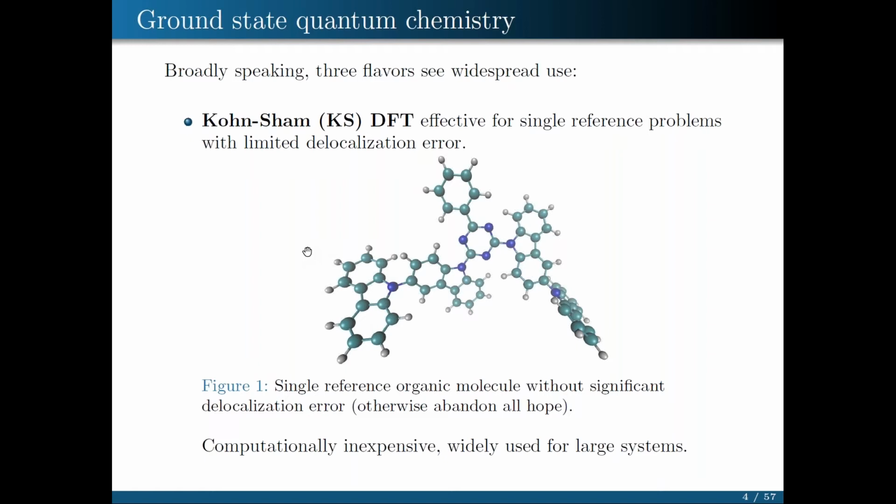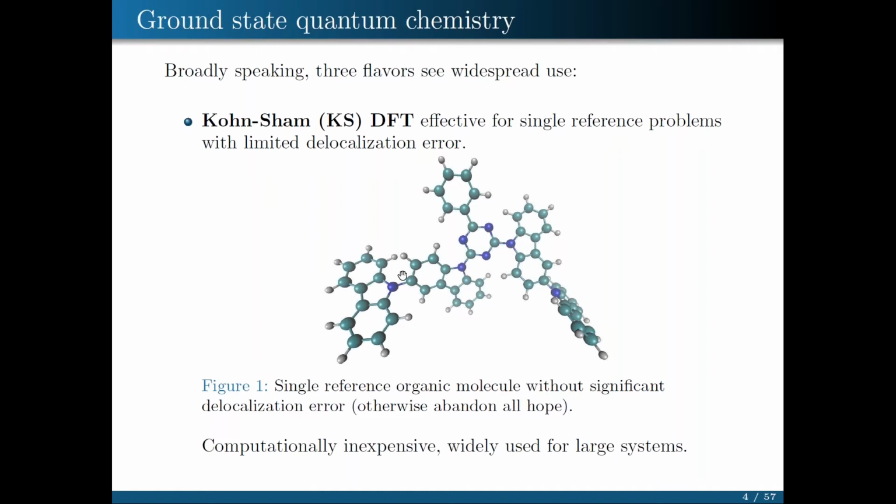structure method to date, and is incredibly effective in practice for single reference problems, which is to say for cases where the total wave function is dominated by one single Slater determinant. And if these single reference problems have low electron self-interaction or delocalization error, we can expect a modern Kohn Sham density functional to be pretty effective at computing the energy and ground state properties of this system. The great thing about KSDFT is that it's computationally inexpensive compared to the other methods that are widely used, and therefore can be used for pretty large systems, such as this big organic molecule, where you really can't do much